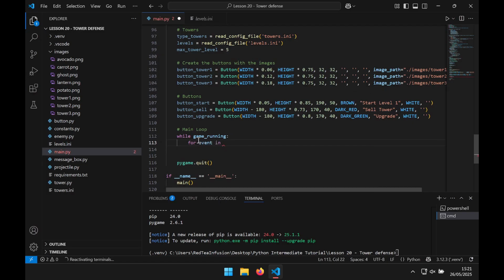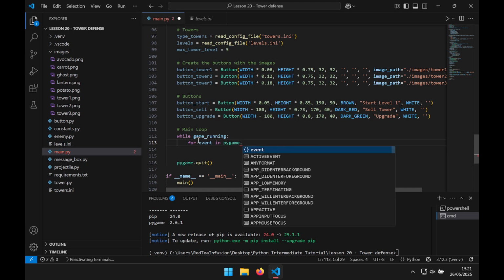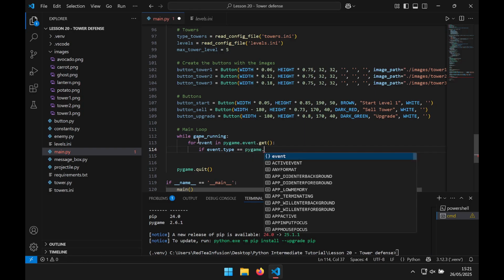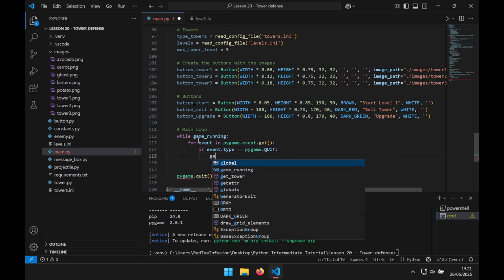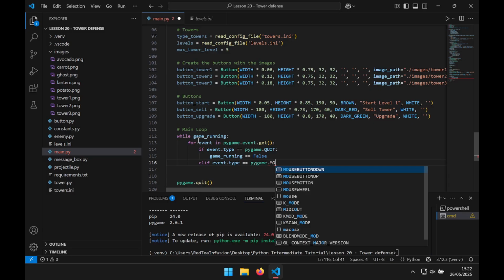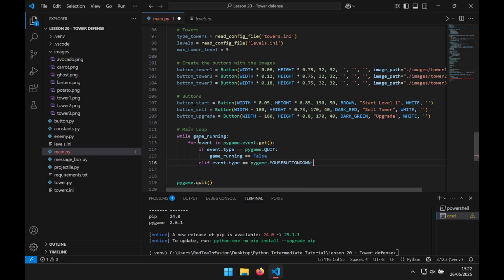for event in pygame.event.get(): new line, if event.type == pygame.QUIT: new line, game_running = False. elif event.type == pygame.MOUSEBUTTONDOWN: new line,